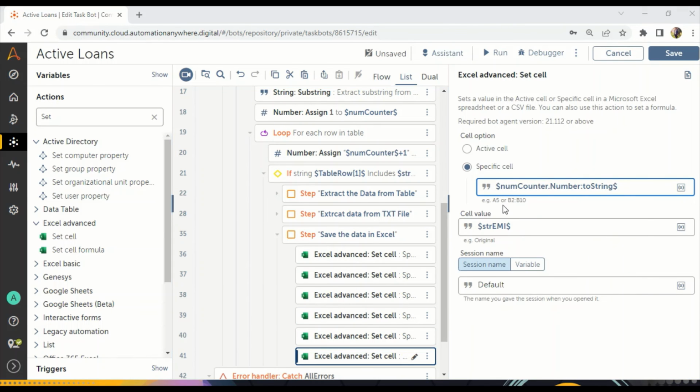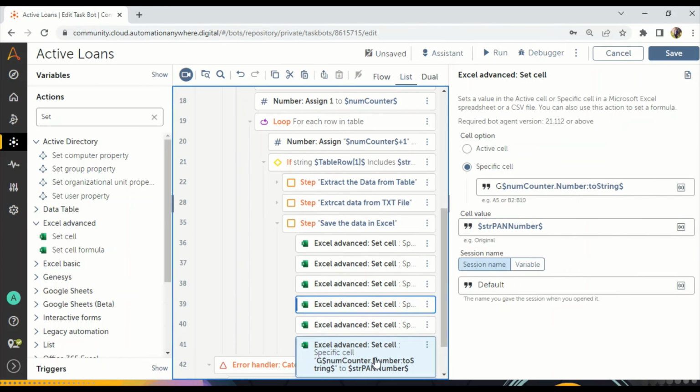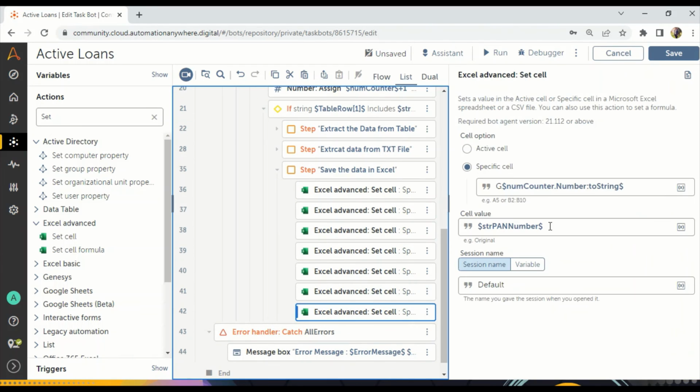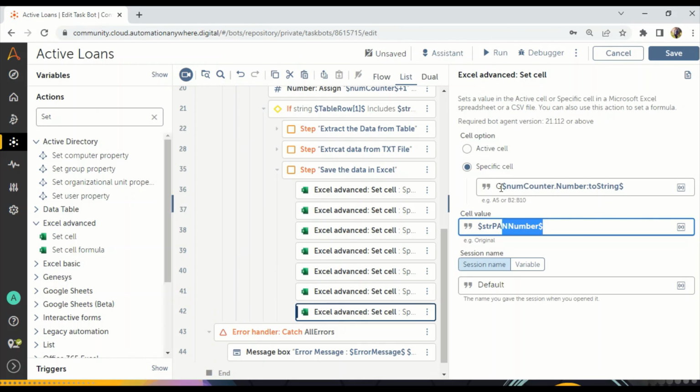Okay, after that is PAN number in the G column. So G we have to refer, and here PAN number, right? So what is next? Next is the status. So now which column will we take? H column, right? Maintain as H, and here you can take it as